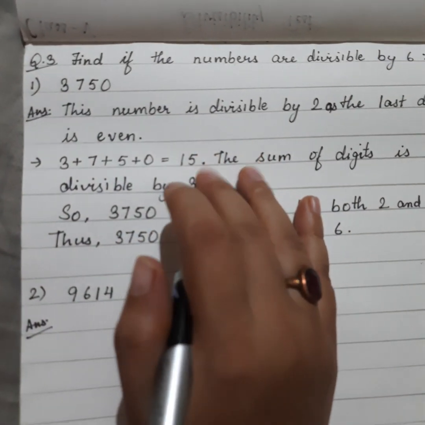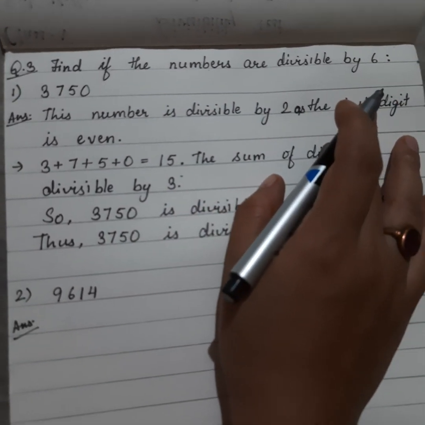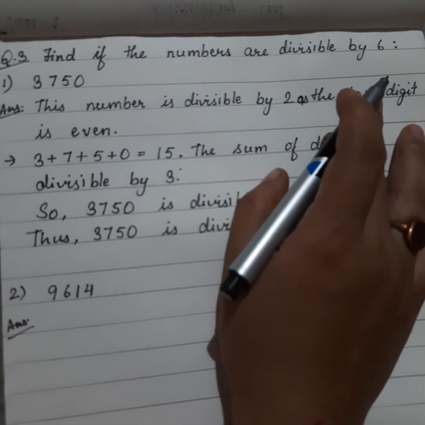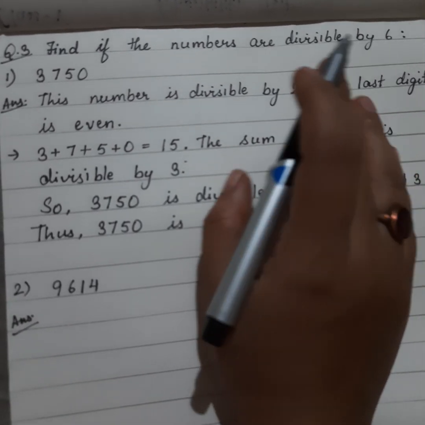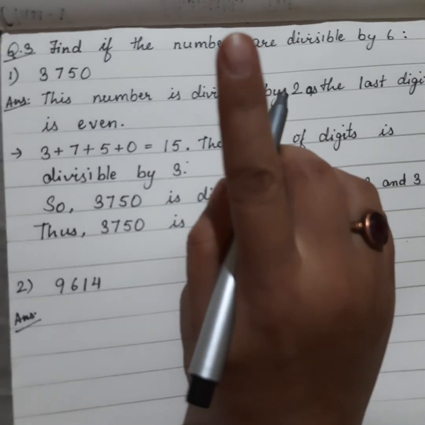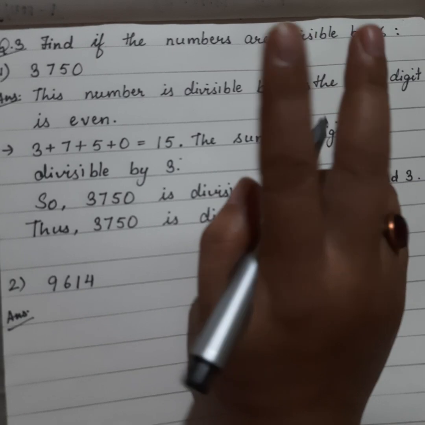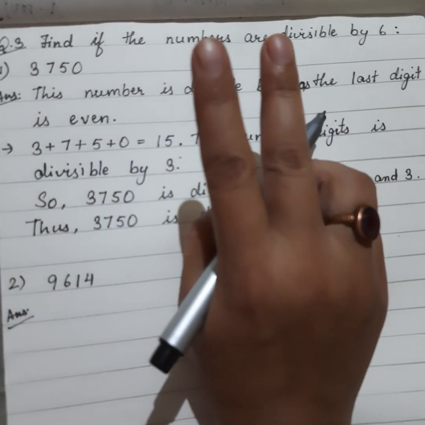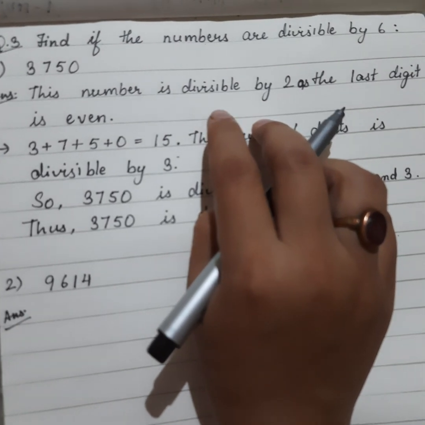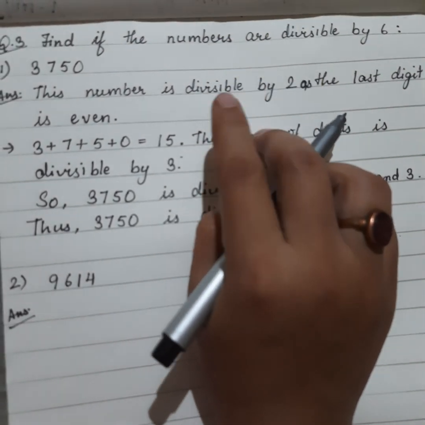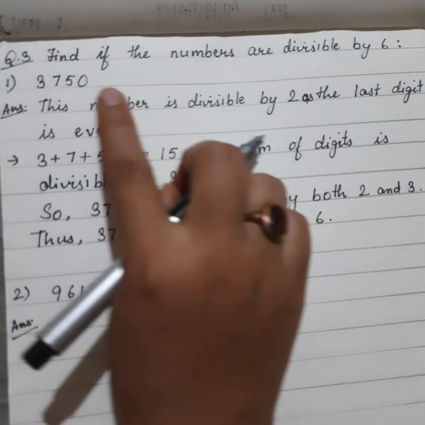Then the next question is to find if the numbers are divisible by 6. Divisibility by 6, in that we have learned that the number should be an even number. The first criterion was the number should be even, and the second criterion was that on adding the digits we should get either 3 or a multiple of 3. So you can see here the number is